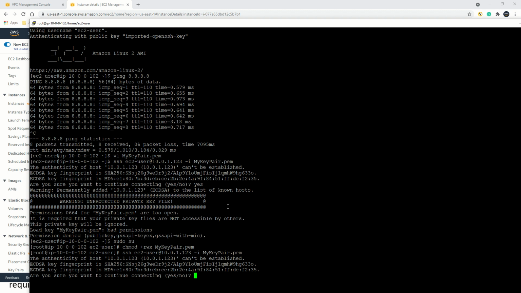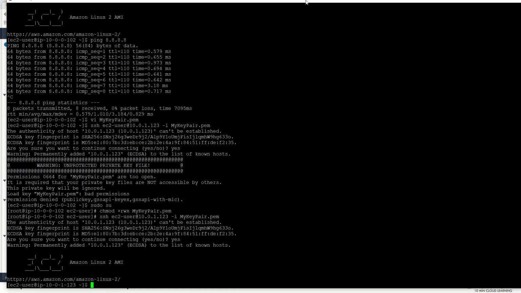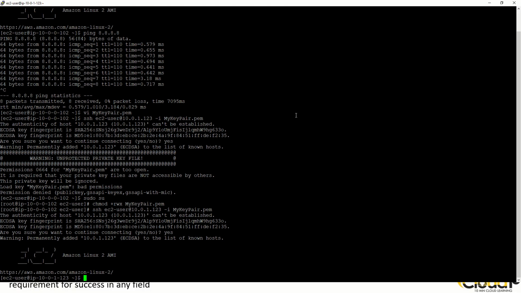As you can see, we are able to connect to the EC2 instance that is there in the private subnet.